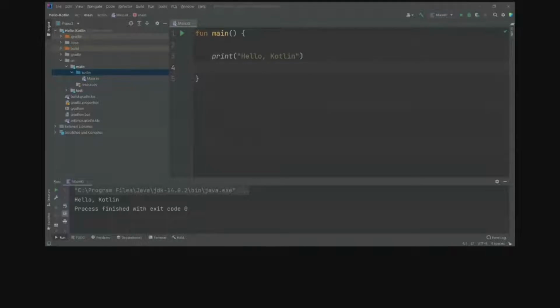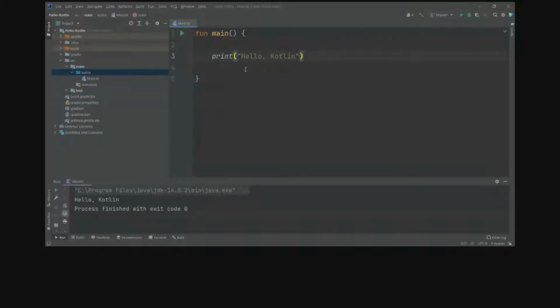You don't need to install any IDE, but I recommend installing IntelliJ IDEA as it's quite professional, and this will make you familiar with the JetBrains IDE and Android Studio, because Android Studio is again made by JetBrains.